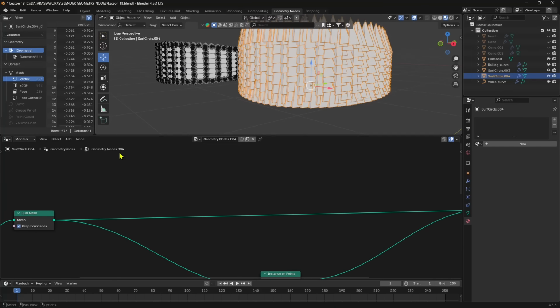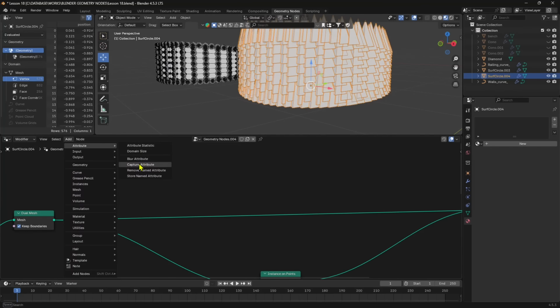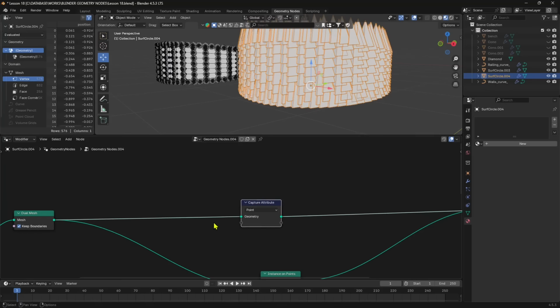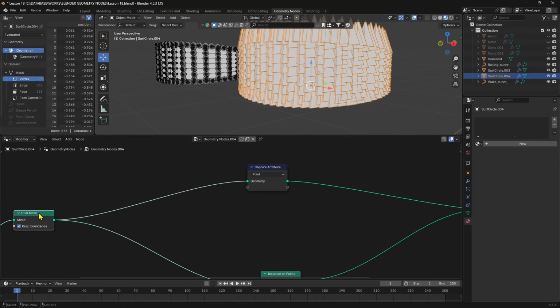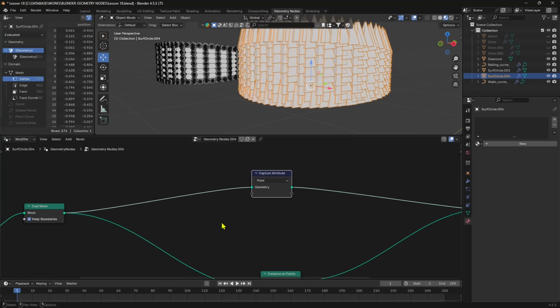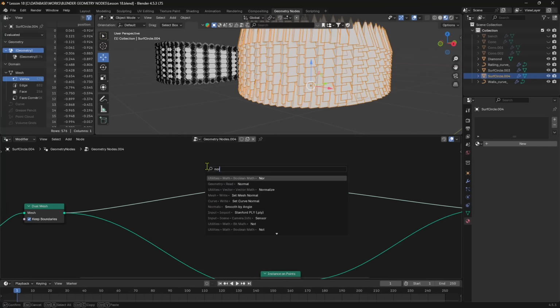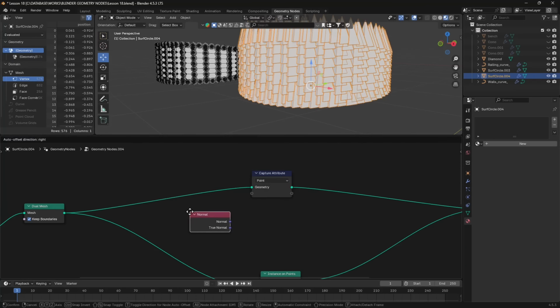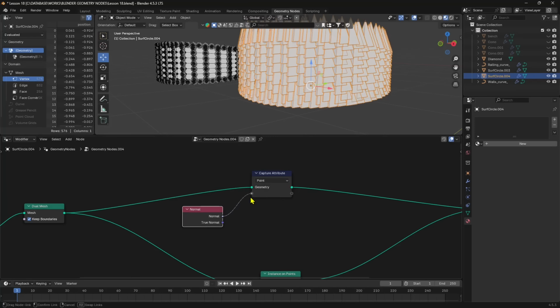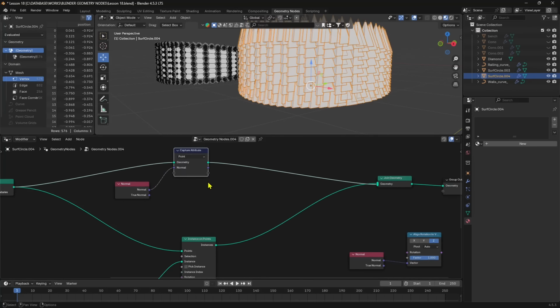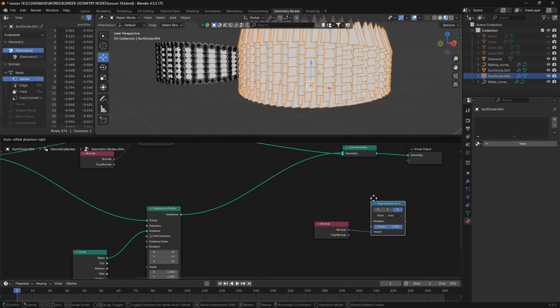So I'm going to delete this. Let's do it again. Capture attribute will let you capture whatever you want from the original geometry. And in this case, what I want to get from the original geometry is the normal. So I'm going to type normal, and I'm going to read that. Okay, so I can plug this in, and right now it's reading the normal from here. This one here, I can reuse it for whatever reason. And in this case, I want to use it to align